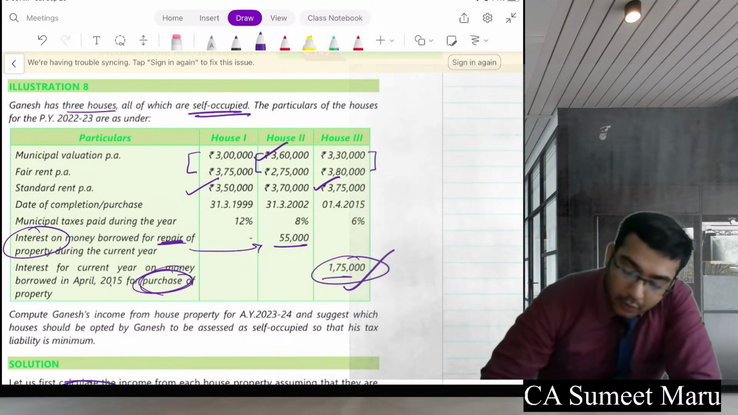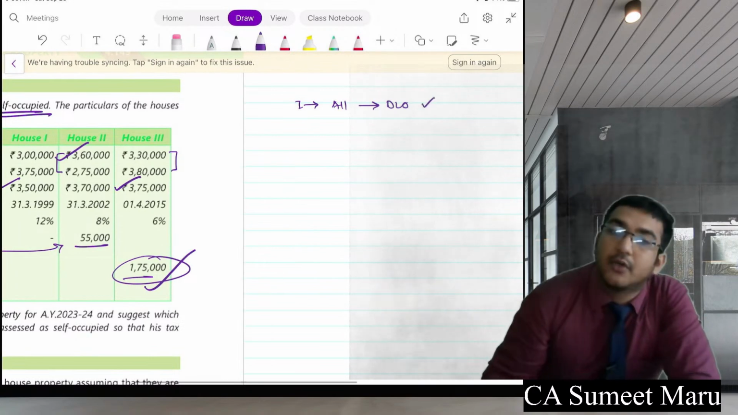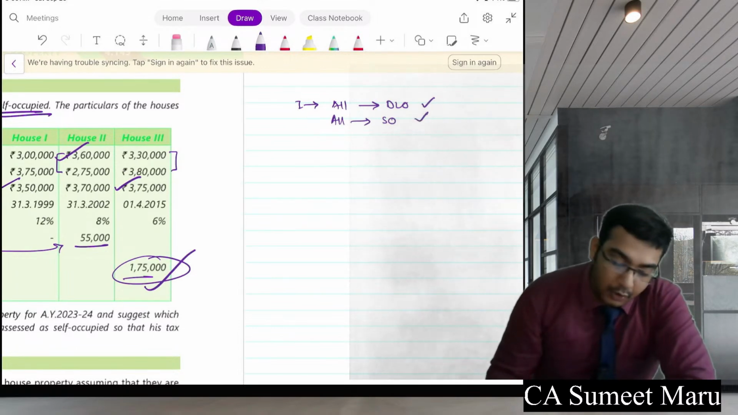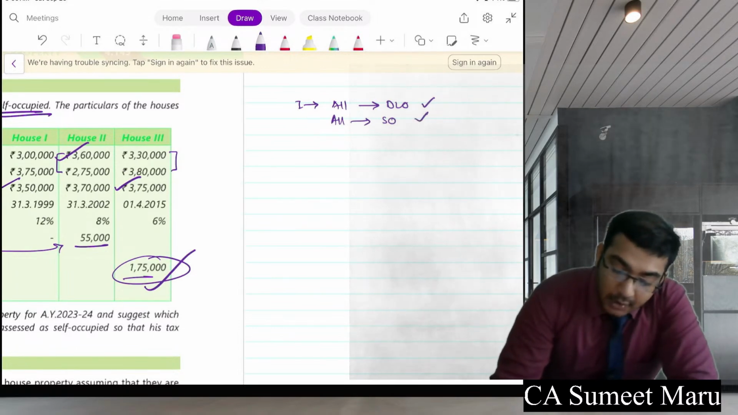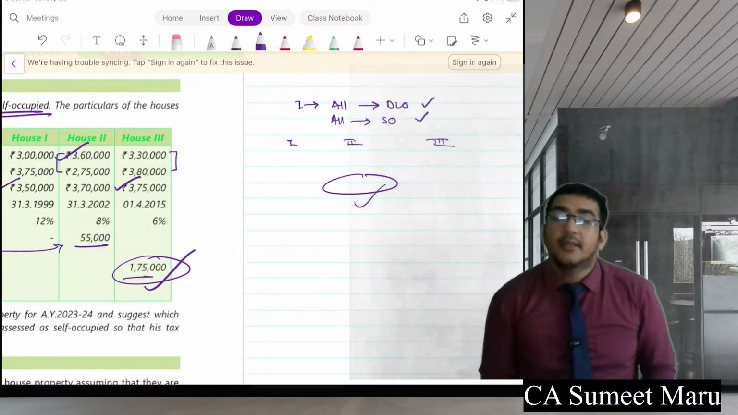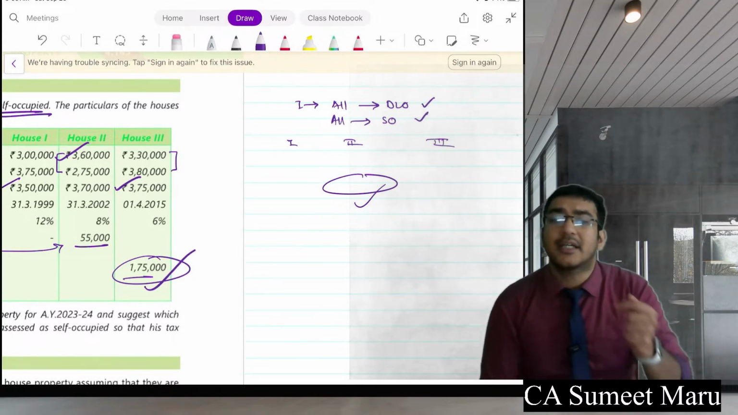So in this case what you will do: step 1, consider all houses as deemed to be let out, do a working note. Step 2, consider all houses as self-occupied, do a working note. Then you will take all combinations, the combination which gives you the least tax, that's what you're going to finalize. Now see, the question is quite simple, but when such a question comes altogether as a surprise to you